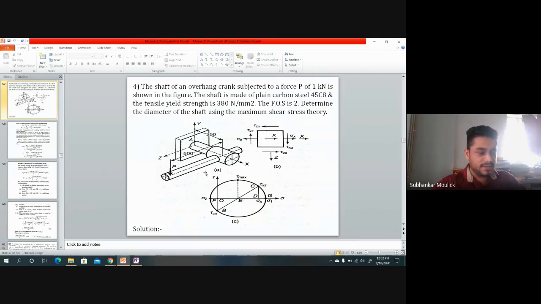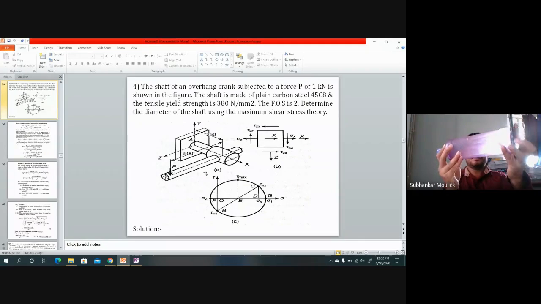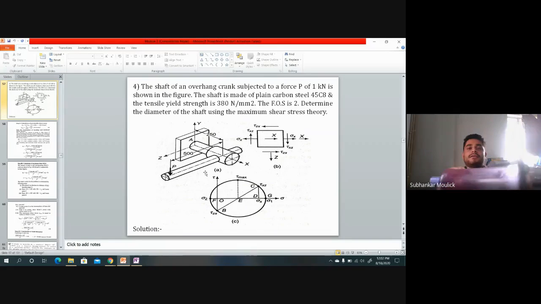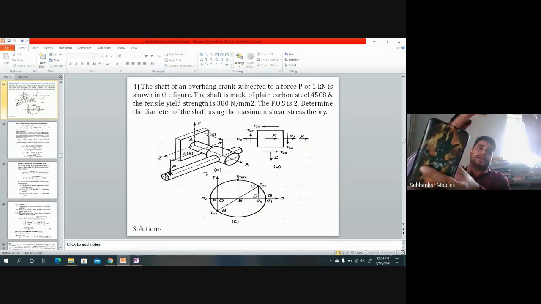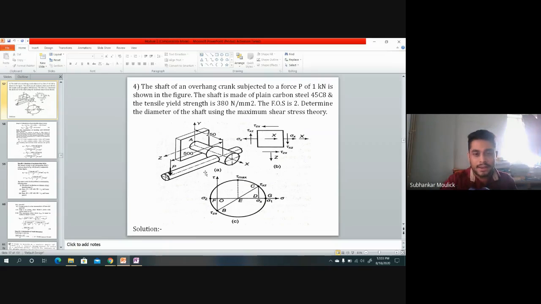Okay. If you see कैसा है arrangement, assume that this is my wall and say this is my one shaft, ठीक है, along x axis and along z axis this is my shaft. दिखाई दे रहा है? ठीक है, ये जो शाफ्ट है, इस शाफ्ट पे, इस पॉइंट पे लोड P लग रहा है, फाइन। तो P इंटू 500 क्या करेगा? P इंटू 500 एट पॉइंट ए, इसको ट्विस्ट करने का कोशिश करेगा, घुमाएगा.